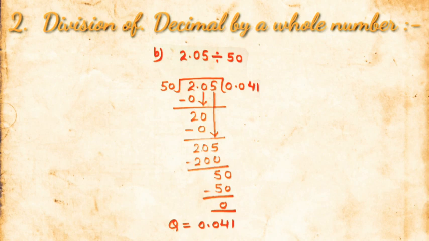So in the quotient, the decimal will come here with 0. Then next, 20 minus 20 has come downside, and 50. Read out the table of 50. 20 is less than 50, so it will go 0 again. So here will be 0. 20 minus 0, 20 left. Now bring the next number down, 5. 50 4s are 200, and 5 is the remainder. Now insert 1 zero more from your own side so that it is properly divisible. So 50 1s are 50, and the final remainder is 0 here, and the quotient is 0.041.